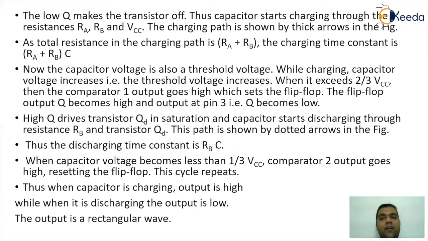So here I've discussed the entire operation where we are trying to justify that the charging will happen through the path of the capacitor and the two resistances RA and RB. But whenever the discharging happens, it will happen only through the RB resistor. So when I talk about the equation for calculation of the duty cycle, I will have to consider the on time of the pulse and the off time of the pulse. The on time is basically the charging time of the pulse, and the off time is the discharging time of the pulse. So during charging, you have to consider RA and RB, and during discharging, we have to consider RB only.